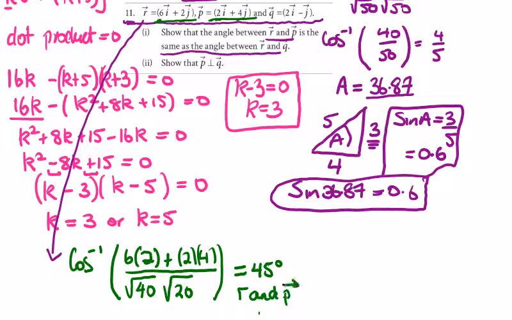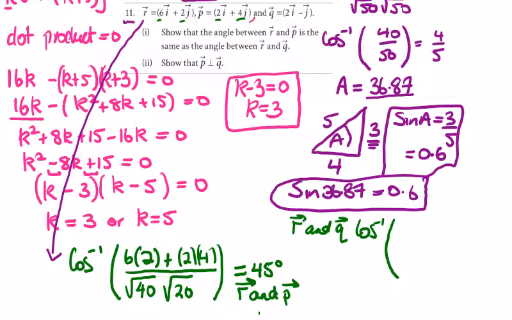Just going to jot that down for a bit more information. And then P and Q, is that next? R and Q. So R and Q. Are you confident enough to do it in one step? The inverse cos of, let's have a look. R and Q, just take your time. So R, we're looking for the dot product between R and Q. So we have a 6 by 2 plus we have a 2 by a minus 1,